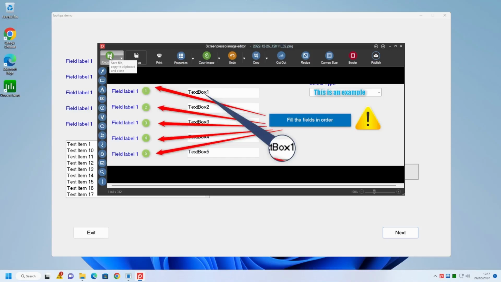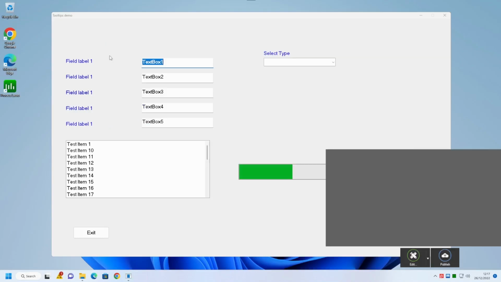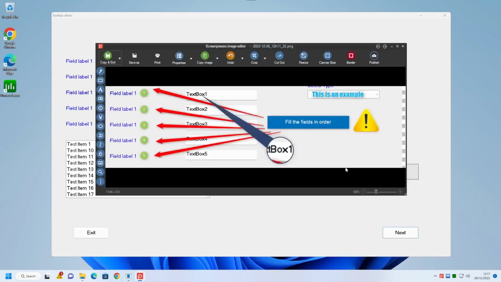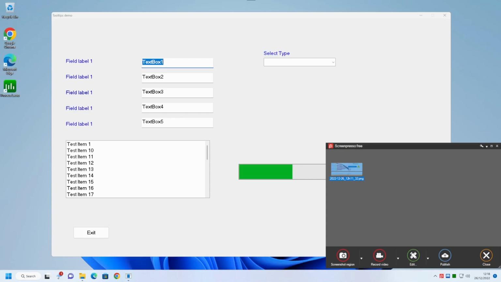And you can also copy and save the file. This saves all the changes you've made back to the ScreenPresso clipboard. This work area will allow you to save many files and then resize them, put borders in, copy the image to the clipboard and even blur out regions. Blurring is particularly useful when you want to blur out some piece of information you don't want the user to see. So that handles doing simple editing of screen captures, which in itself is very useful.